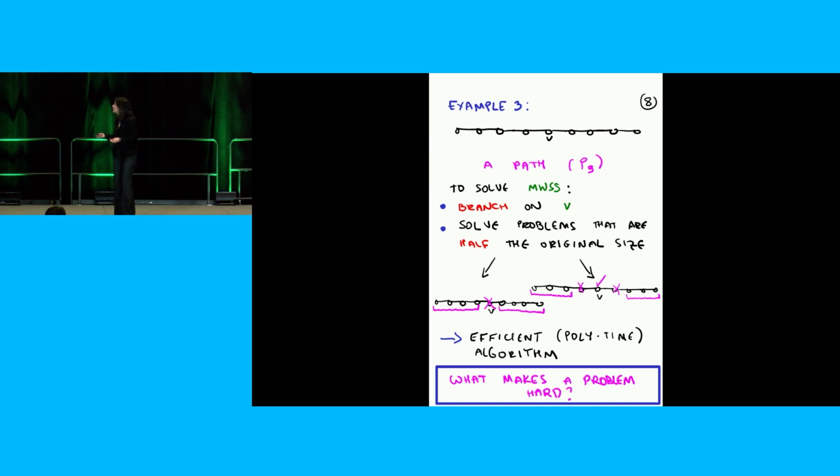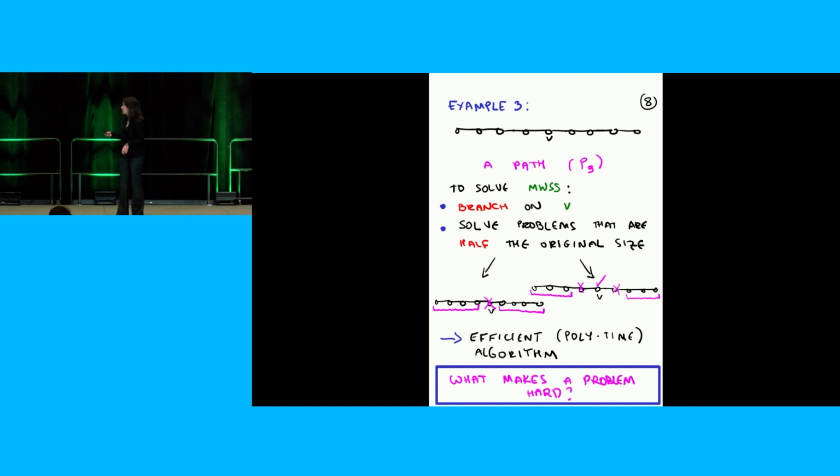Right, so that's this picture. So here, check mark means in, X means out. So this is the case when V is in my stable set. So then the 2 neighbors of V cannot be in my stable set, right? Because you're not allowed to have adjacent vertices in the stable set. And now I just need to do this half of the graph and this half of the graph, right? And if I could solve this problem and that problem, and then I stick the vertex V in, what did I find? I found the heaviest stable set in the graph that contains V. Okay, very good. So I'm going to put that information aside.